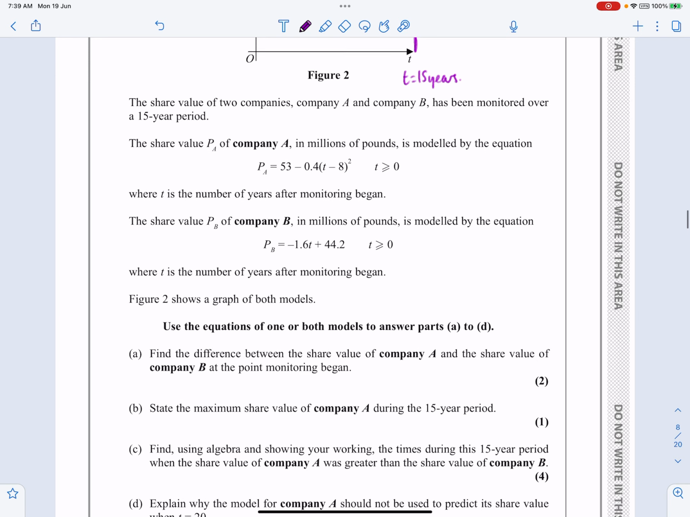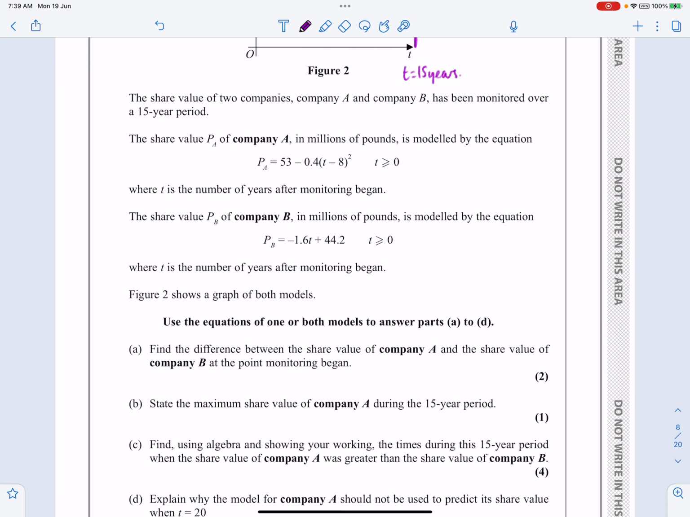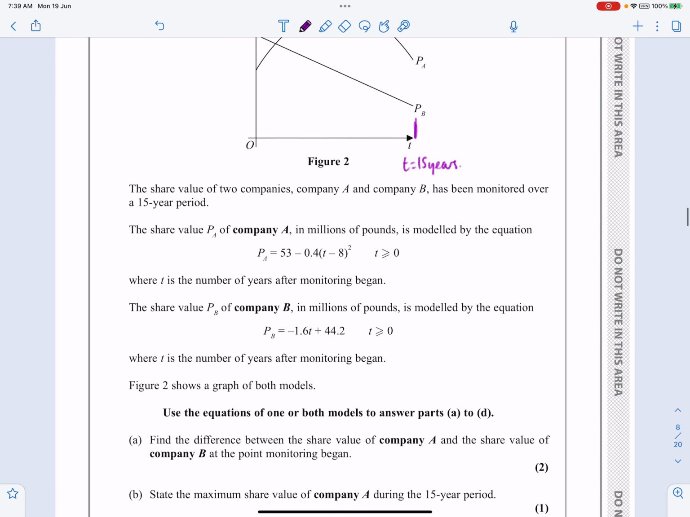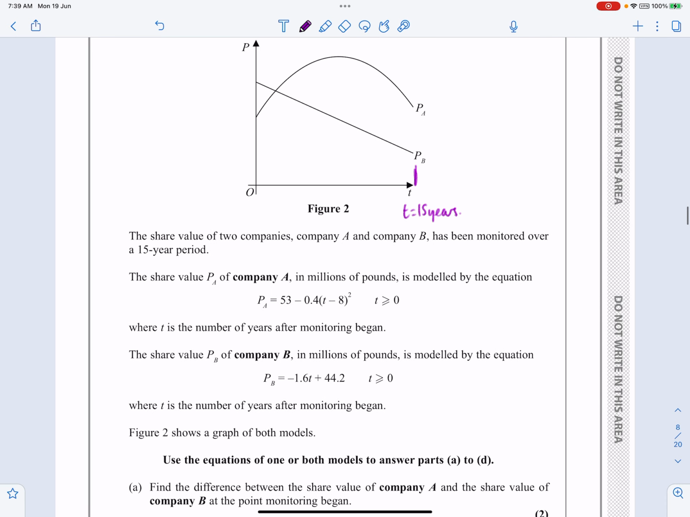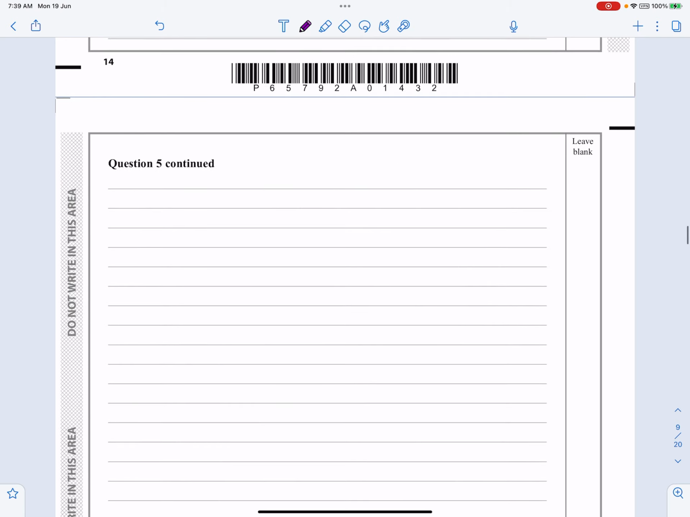So what does it say? First part, it says, find the difference between the share value of company A and the share value of company B at the point monitoring began. So it wants to know the difference between those two values there, which is dead straightforward in terms of the algebra. Let's just show what we're going to do then. So for part A,